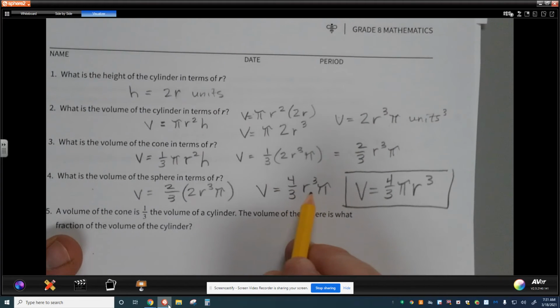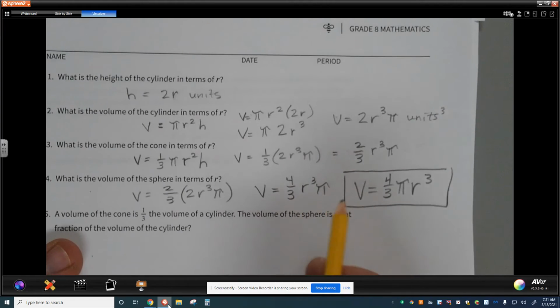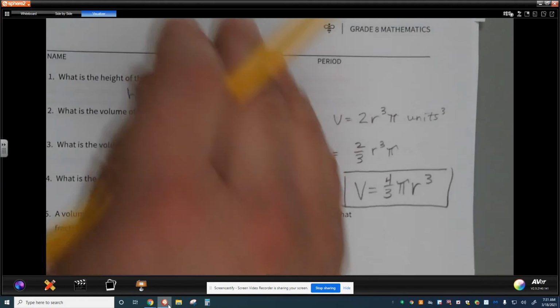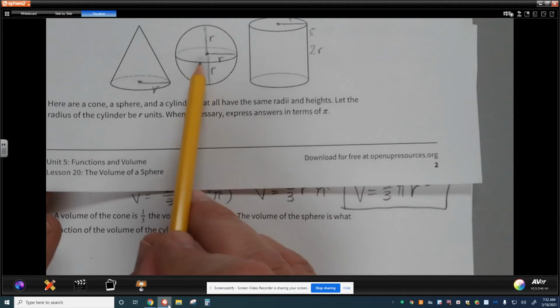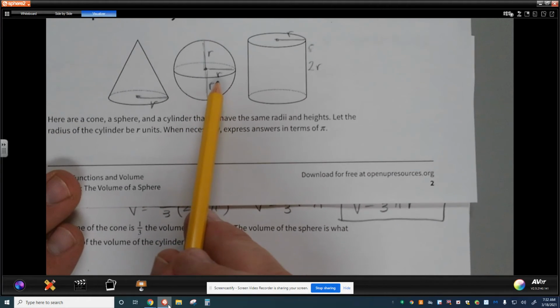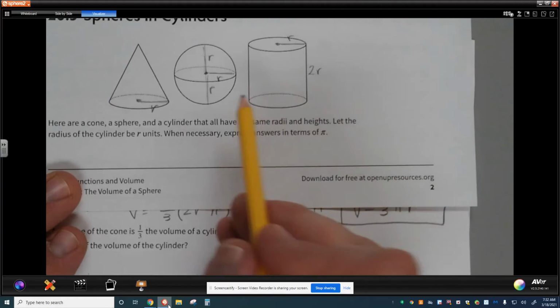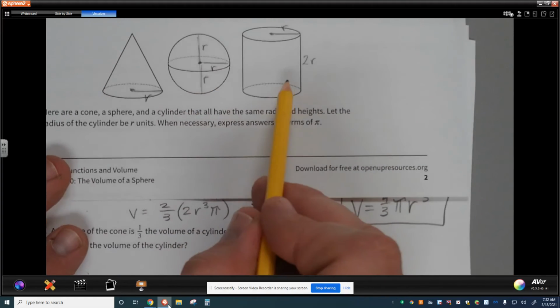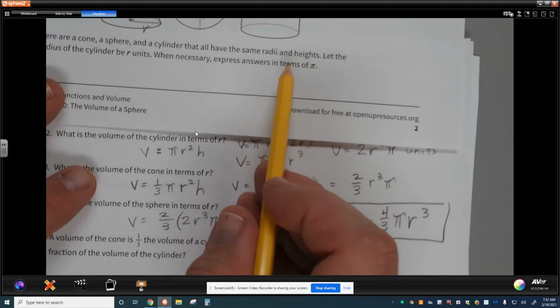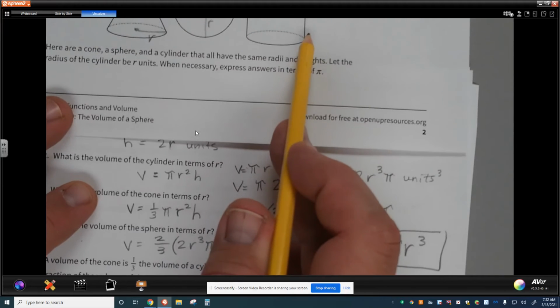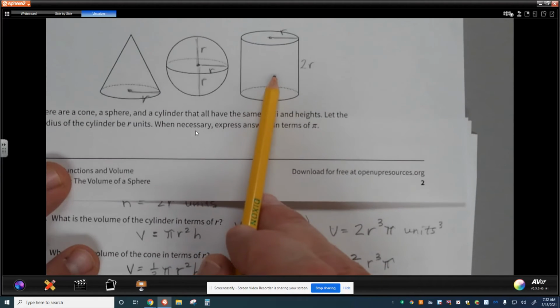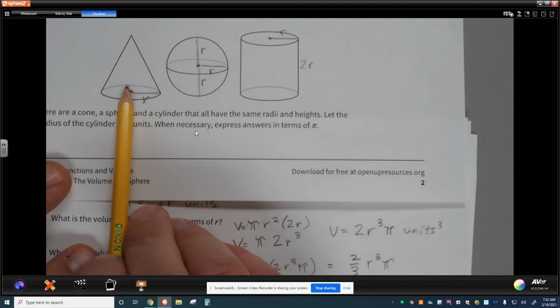So it's the exact same work that we just did to figure out how to go from unknown values. All we know is that the radius is exactly the same in each of these figures, and the height is exactly the same. By understanding the radius and the height are the same, I can figure out that using the height of the cylinder to find the volume of the cylinder, and then finding the volume of the cone